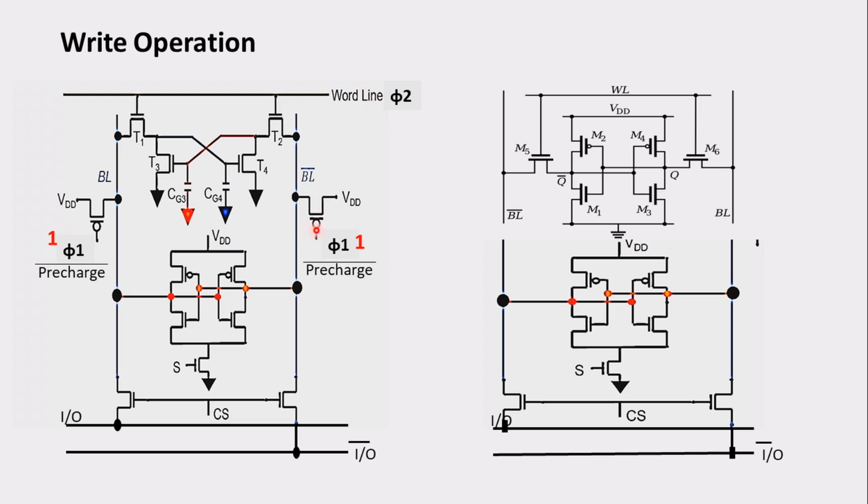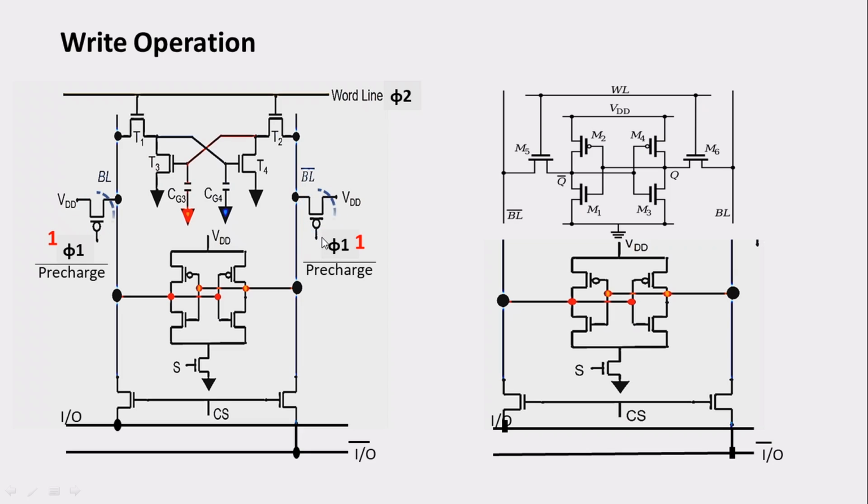Here you can observe this PMOS transistor over here. The same PMOS transistor is present over here also for this particular bus. I have not drawn these transistors over here, but they are present in this circuit as well, and they have been connected to phi 1. The source end will be connected to VDD, and the drain end will be connected to the bus line. So when we apply this pre-charge as 1, at that time these both transistors are going to be what?